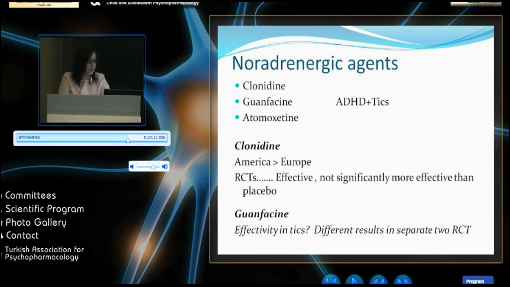And noradrenergic agents, clonidine and guanfacine, and